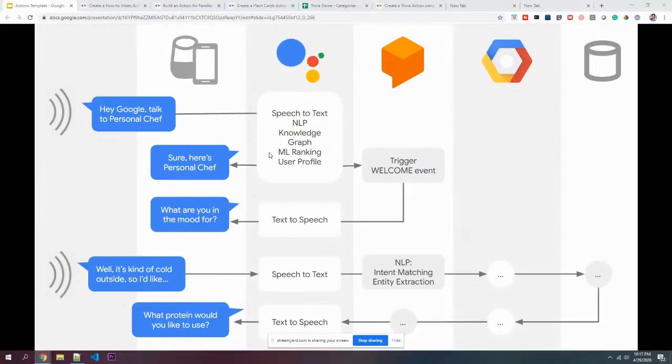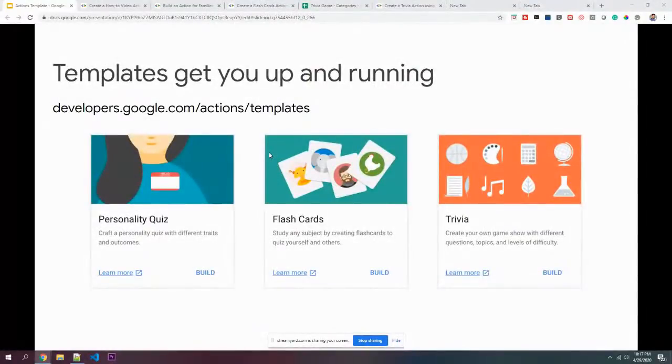Now, if you actually look at all of this, you might say, okay, this probably seems a bit complicated to me at this point because I've not gone through the previous sessions. But just have a look at this. The next part of our session today is going to be about how we can build something so quickly. I'm talking about even within 10 minutes or probably 5 minutes, you can build an action and have it up and running. The way you do that is using the actions template. So if you go to